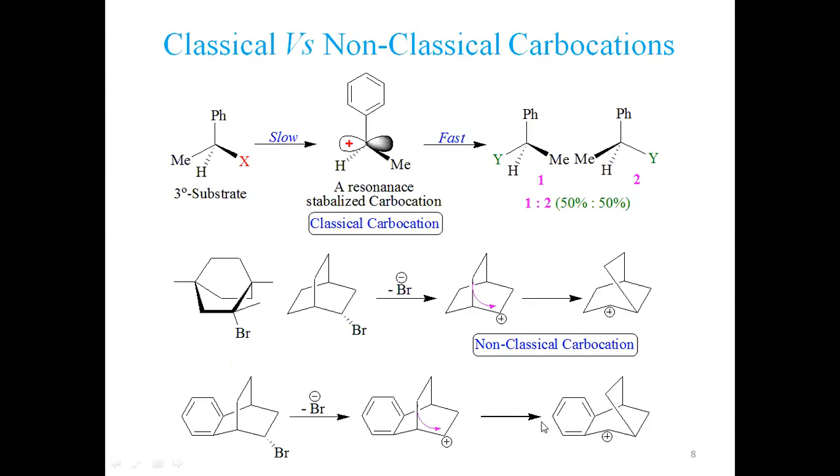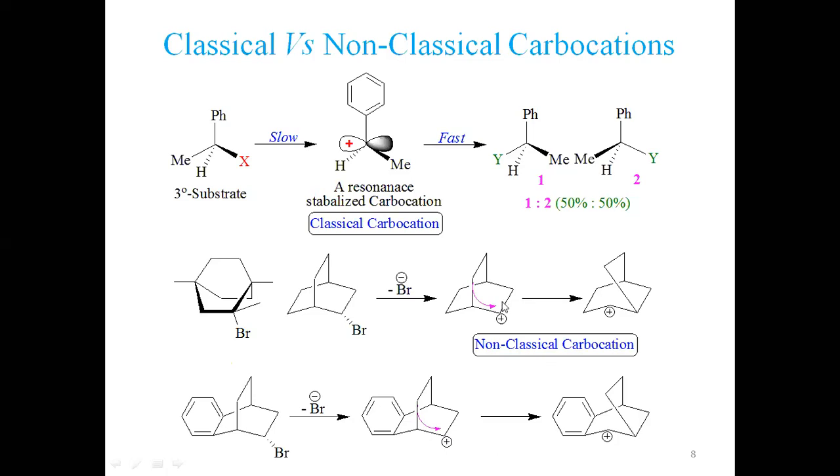But it is stabilized by resonance, and as a result, this has been isolated. When we react this molecule with, let's say, a good nucleophile, it will instantly react with it. So it will react at this carbon next to the phenyl ring. The nucleophile will bond there. It is not going to bond at this position. If it is bonding here, it means an SN2 reaction is going on. Or this is less stable, this is more stable right now.